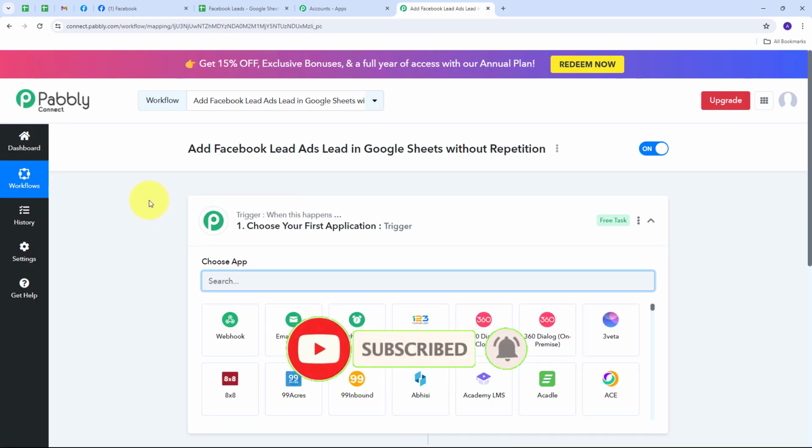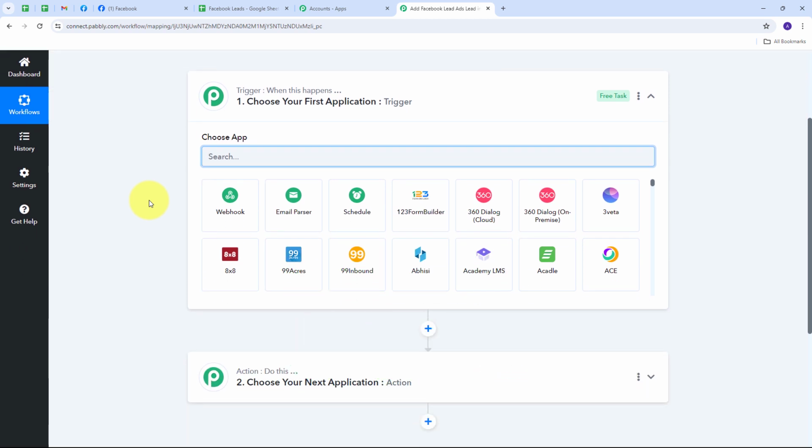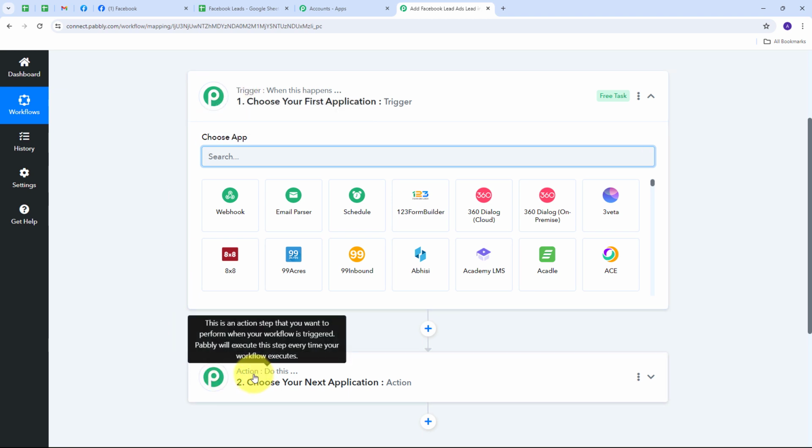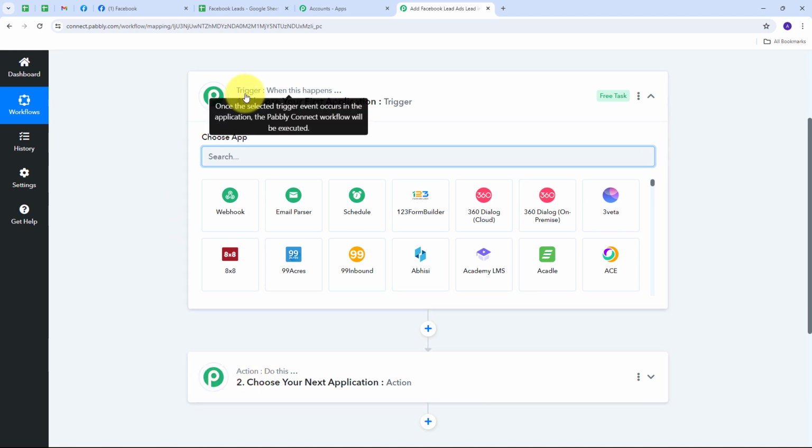and this will take us to this most important window of our workflow. Here we have two boxes, trigger and action. So these are the two main principles on which our workflow works. Trigger says when this happens, action says do this. So trigger is going to be the first step that will get executed in our workflow, and action will just follow that. So we have to set up our trigger first, and here my trigger application is going to be